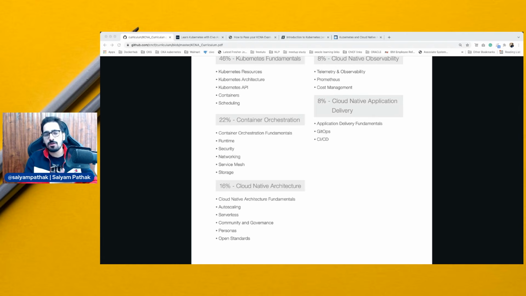And if you have already done any of the CKA, CKAD, and CKS, you can probably take it right away. If not, then probably go through some of the courses of basic Kubernetes introduction, navigate the landscape, go through all the things that I mentioned in the curriculum. You should always focus on the curriculum which is given by CNCF. Always the questions fall in one of the domains which is mentioned over there.